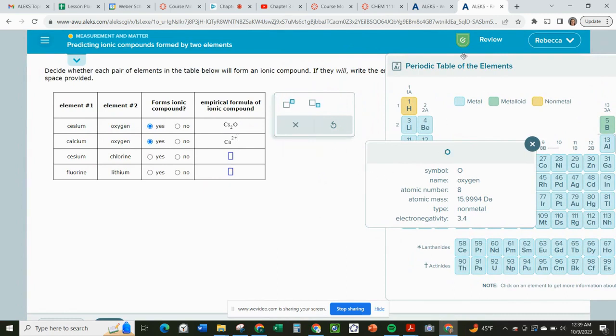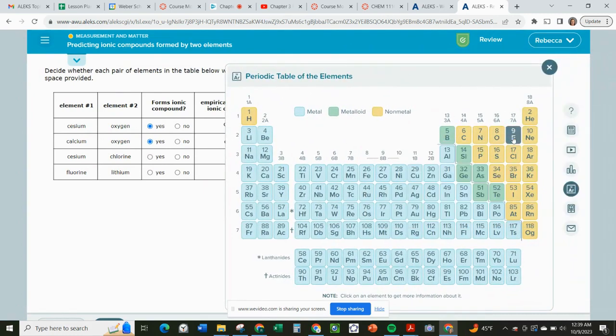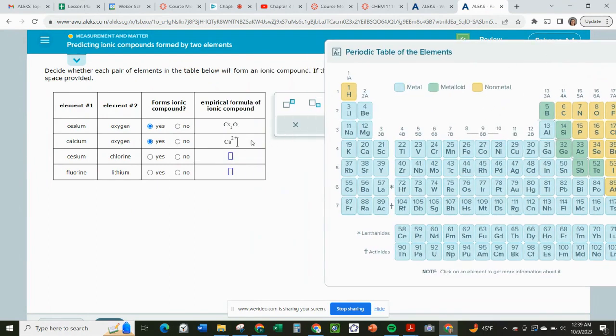And then oxygen is over here in this column. The nonmetals here, in the 6A column, form a -2 charge, all of these. Again, that might be something to put on your note card. You have to remember that for the test, so maybe put it on your note card. And then this one's interesting. If we crisscross, we need 2 oxygens for 2 calciums. We can also think about this: calcium has a 2 plus charge, oxygen has a 2 minus charge, so we just need 1 calcium to balance